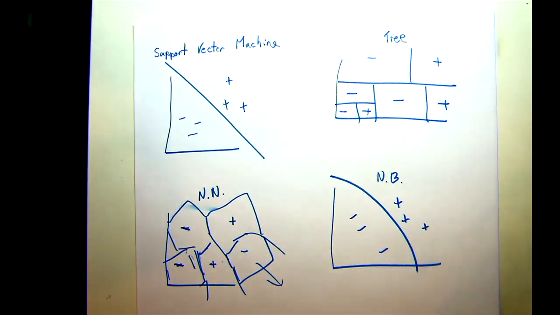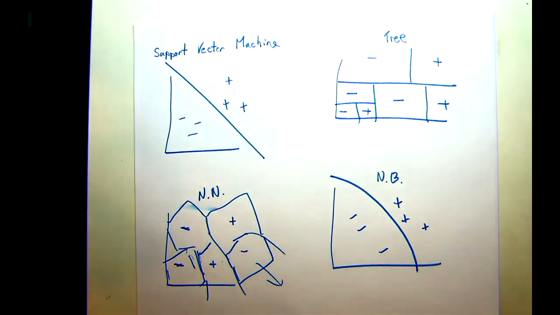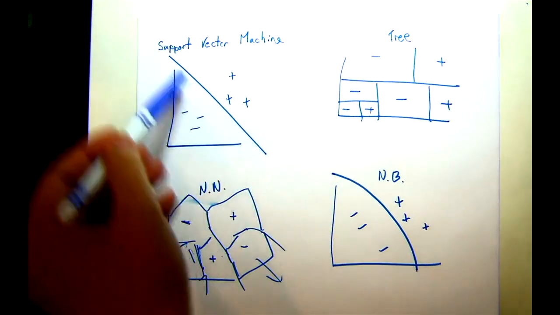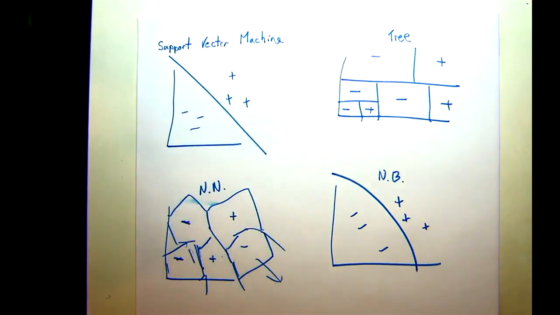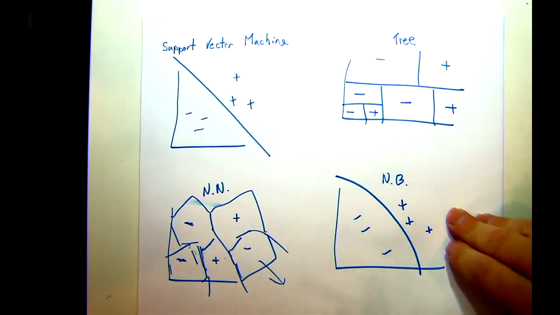And you can see that we're actually classifying things in very different ways. This one's building little cells. This one's also building cells, but always breaking on a feature axis. These ones are nice curves. These ones are actually very similar, except this one has to be a straight line. In the end, it's a little bit academic because you use the one that works the best.